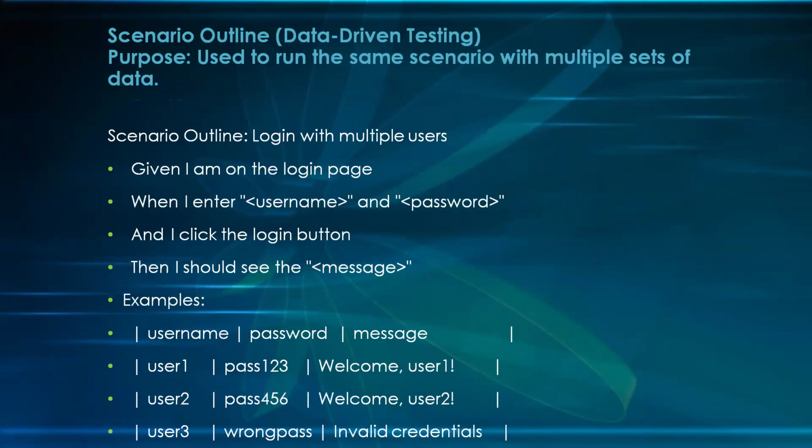So we have the scenario outline, which is data-driven testing. The purpose of this is to run the same scenario with multiple sets of data. Now on Azure, even on your Excel, you will see something like this. If you can see the scenario outline there, I said login with multiple users. The reason why we have scenario outline is that most times you have your happy path for your testing